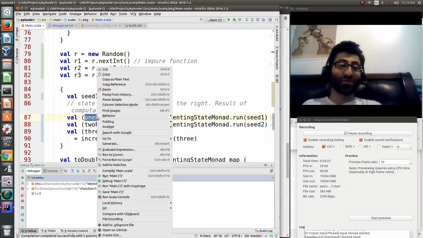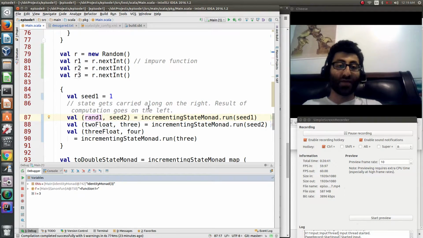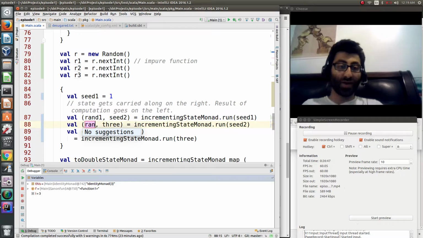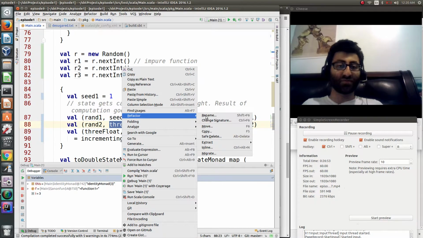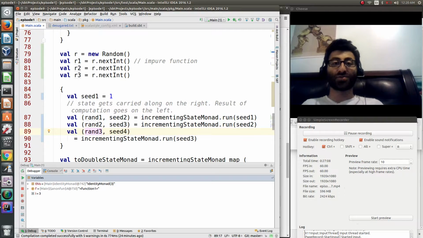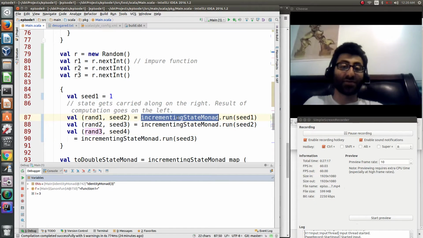Instead of 1 float, we would have something like rand 1. And then instead of 2 float, we would have rand 2. And then this 3 would be seed 3. This would be seed 4. And this would be rand 3. So instead of being just something that increments integers, if it were a random number generator,